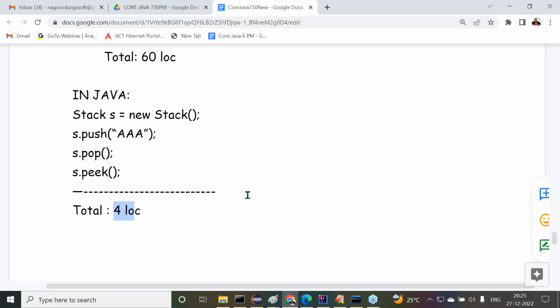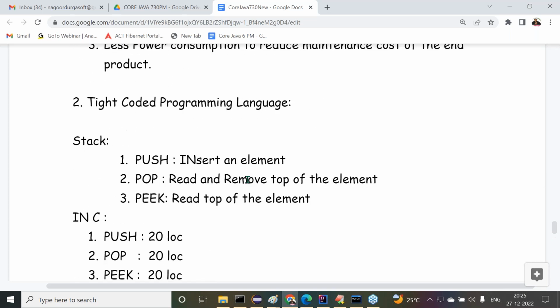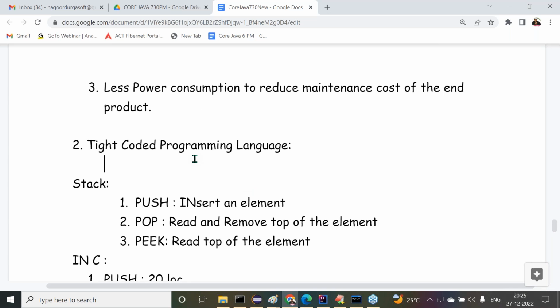Right. All of you, observe carefully. One point I'm telling you: tight coded programming language. Try to understand it now.